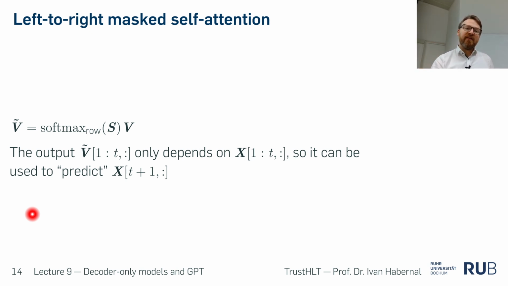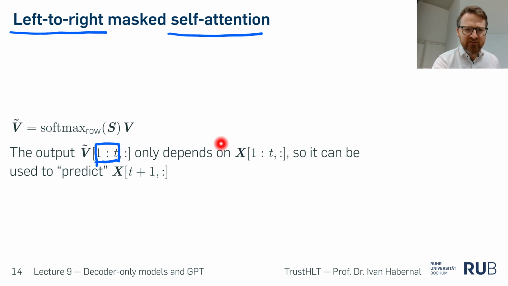So we solved the problem with this left-to-right masked self-attention. We solved the problem that now the output of, what is this, 1 to t. So all the outputs from 1 to t only depend, I think this is a typo here. It doesn't make any sense. No, it's true, I'm sorry. I'm confused by this notation. It's a slicing notation, but why am I doing 1 to t? I see, basically,